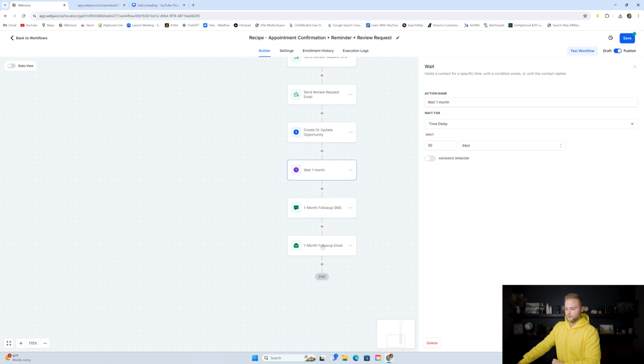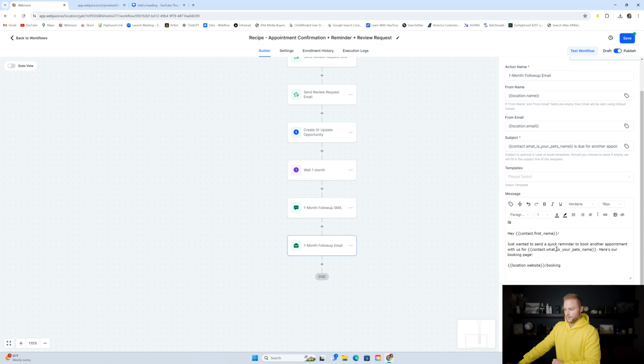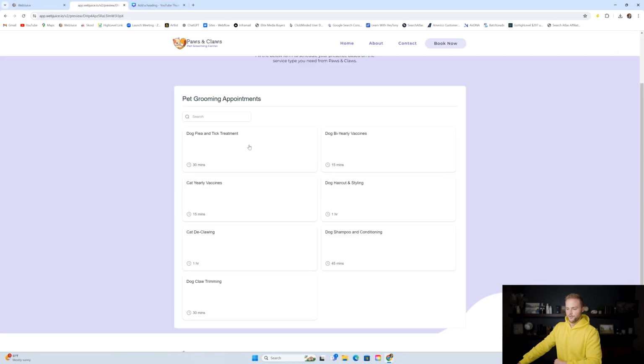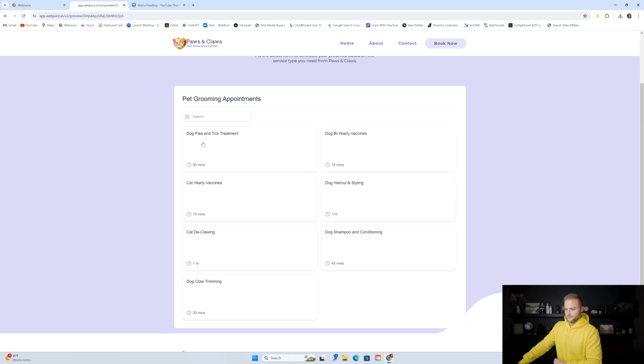These services should happen for their pets. And then we also send them an email. Hey, just a quick reminder to book another appointment with us for Rexy. Here's our booking page, and they can go and they can book any type of appointment that they want for their dog again. And so even if they got a vaccine, maybe they booked an appointment for these vaccines,